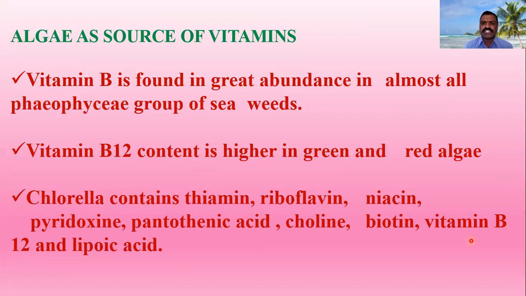Red algae means Gelidium, Gracilaria, and Caulerpa. Green algae members like Oedogonium, Chara, and Chlorella contain thiamine, riboflavin, niacin. These are all the vitamin B complex we know: B1 thiamine, B2 riboflavin, B3 niacin, B6 pyridoxine, B5 pantothenic acid, B9, choline, biotin, and vitamin B12. Vitamin B12 means cyanocobalamin. Along with this, lipoic acid is also present in these